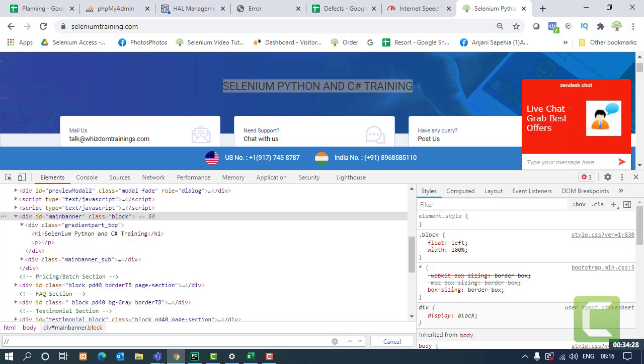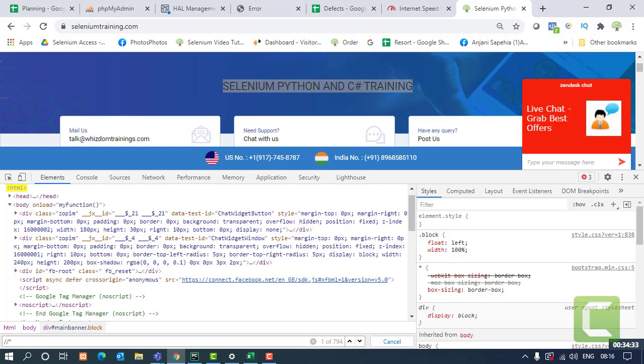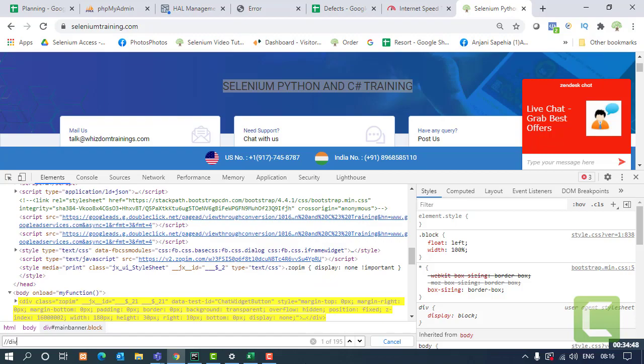Then star. By a star, what will happen? Everything on the page is going to be selected. But if you want to be specific so that only that tag gets highlighted, you should use the tag name over here instead of star. So my tag is inside the div tag. So on the page, as many div tags as are used, they all are going to be highlighted. But you have to specify how the div tag that you want to use is different.